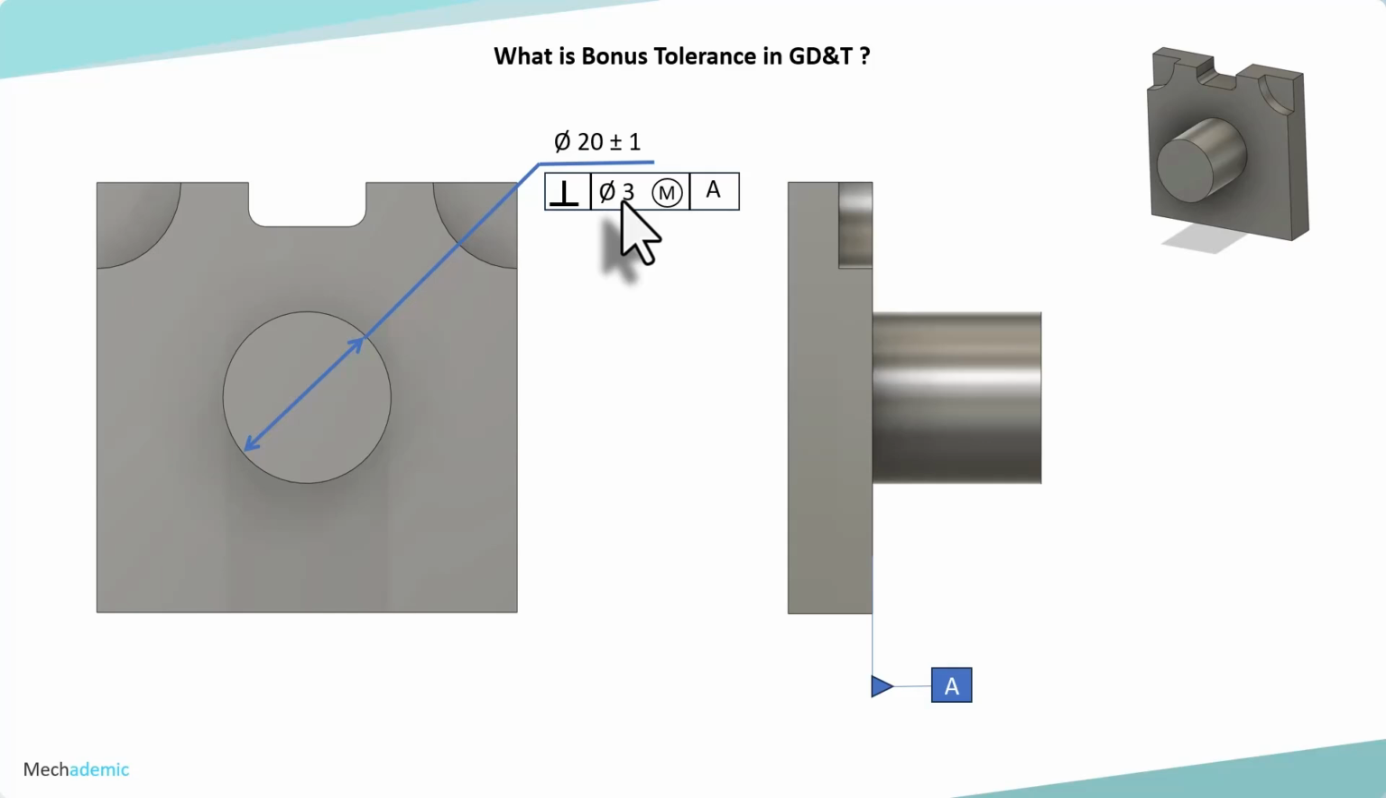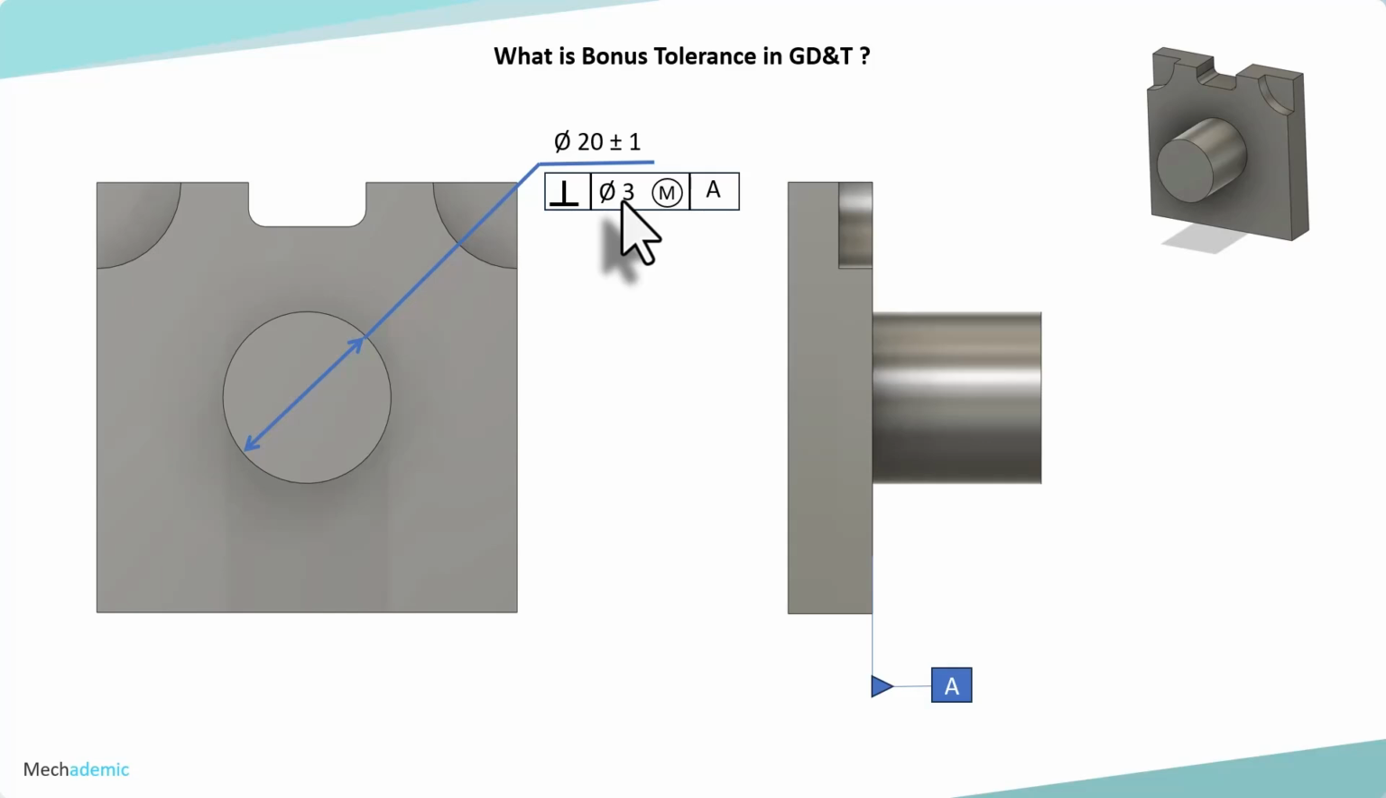Hello guys, in this video I'll be explaining the concept of bonus tolerance. What exactly do we mean by bonus tolerance in GD&T and how is it a bonus? Let's understand this with an example as shown over here, where a feature of size is being controlled with respect